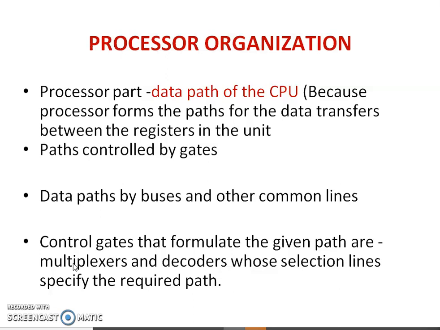They are shared by the different components inside the processor. To perform the different operations, it also makes use of some control gates. Control gates formulate the given path, such as multiplexers,